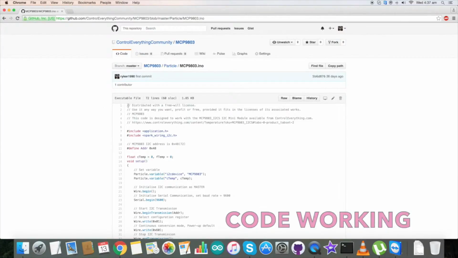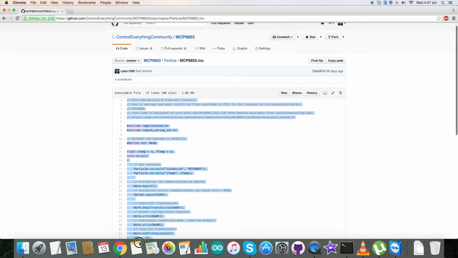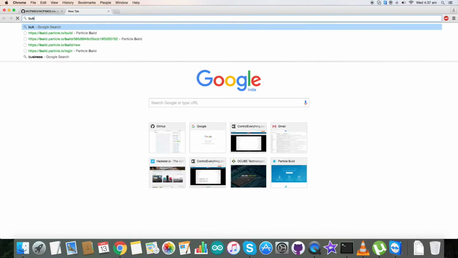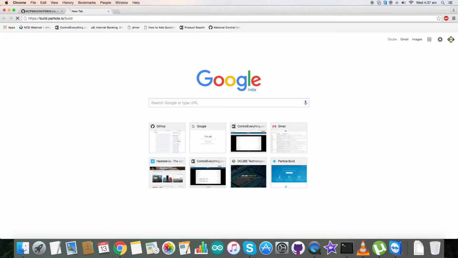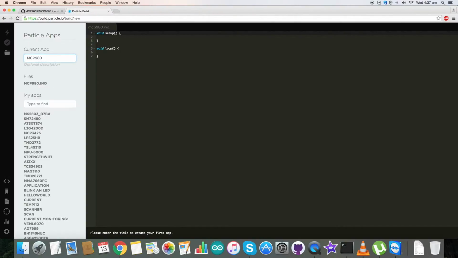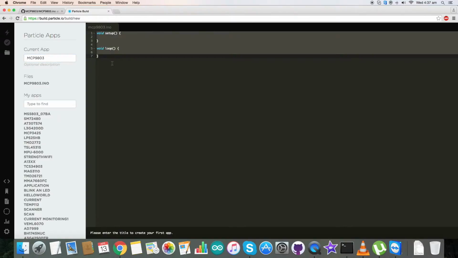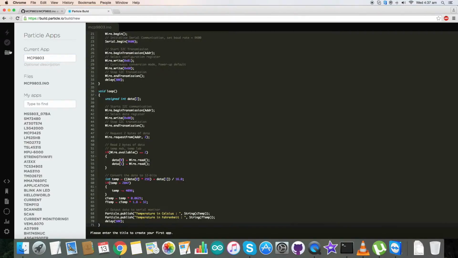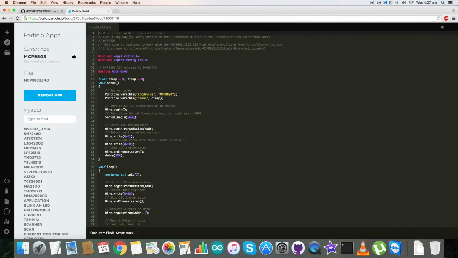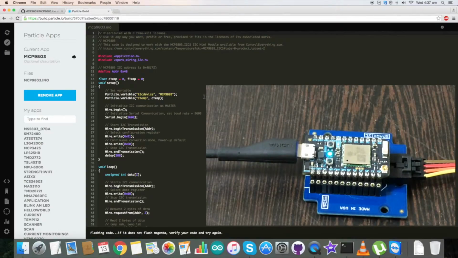For the working of the code, first of all copy this entire Particle code, and now open up the build URL as told earlier, and here is our build URL. Now name the sensor and paste the code here. Now save it and verify the code. Code verification is complete. Now flash the code, and we have to see magenta on the Particle Photon. It's verifying